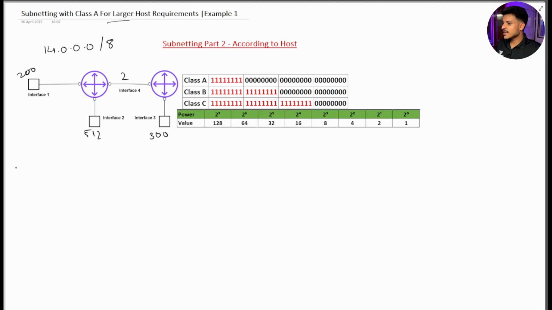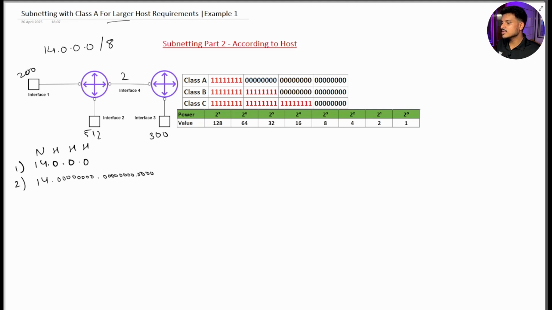In the first step, as usual, we write the IP address as it is, that is 14.0.0.0. In the second step, we write the bits given to the network as they are, and for the others we write their binary value. In class A only the first octet, the first 8 bits, are given to the network and the rest are given to the host, meaning the remaining 24 bits are given to the host. So I will write 14 as it is, then 8 zeros,